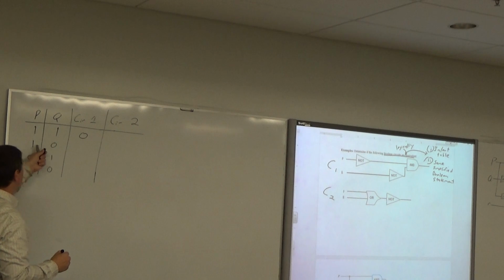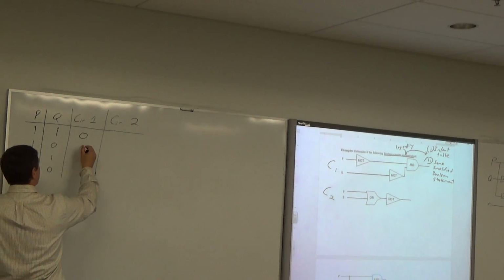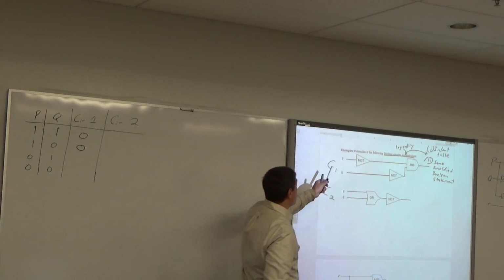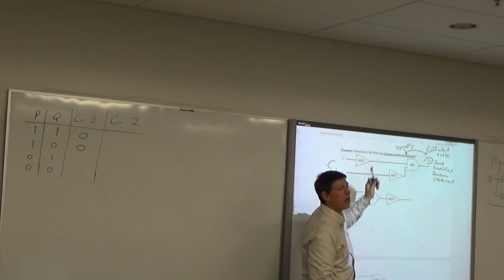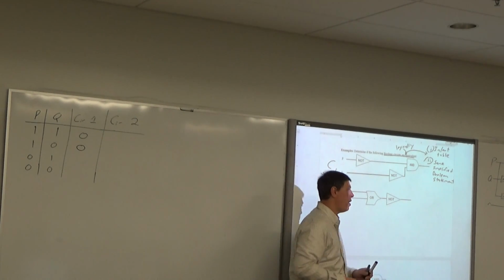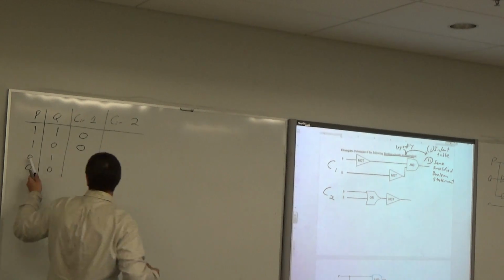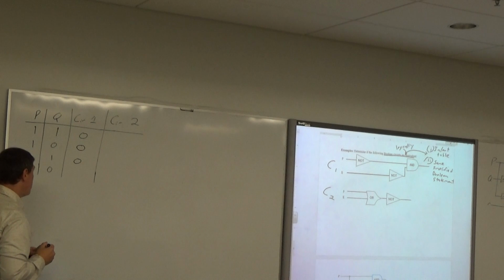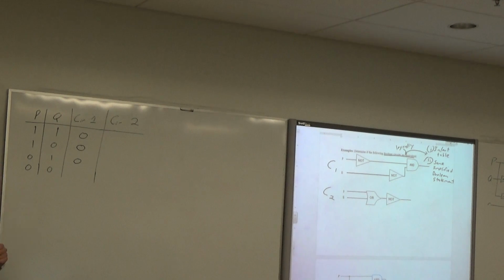What happens with 1, 0? It's a 0 as well, right? Because think about it. If I throw a 1 through the NOT gate, it becomes a 0. And anytime you have a 0 with an AND, you're done. Does the same thing happen with 0, 1? Yep. So we're hoping that if 0, 0 doesn't work, then we just basically have a